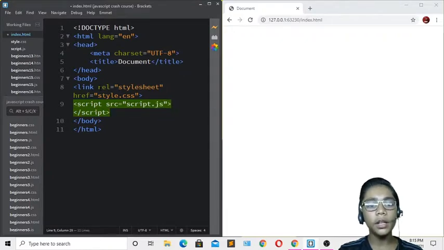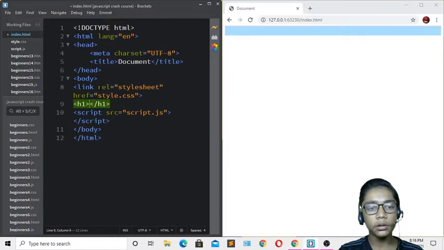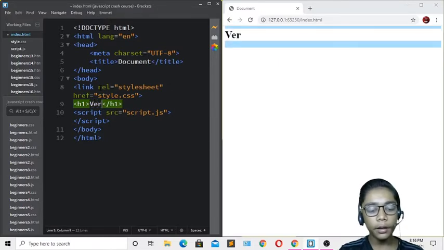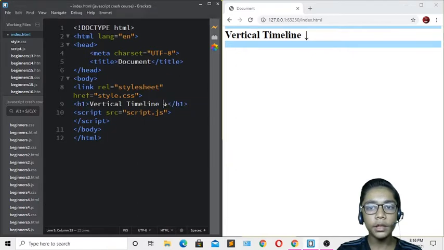When you've done that, come underneath the link style sheet which we have created, and underneath that I'll write all the code which I want to write. First of all I'll write h1, then I'll write style. Now write vertical timeline, like that, and I'll paste the code that I copied. You can see I've pasted that over here. Now hit save again, and we have done everything till here.